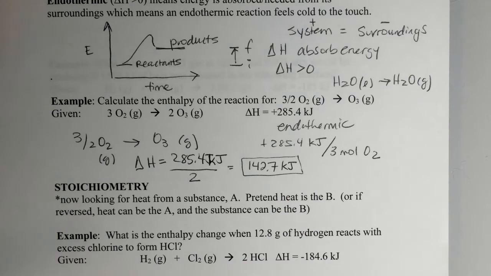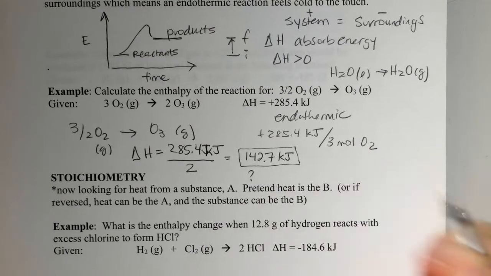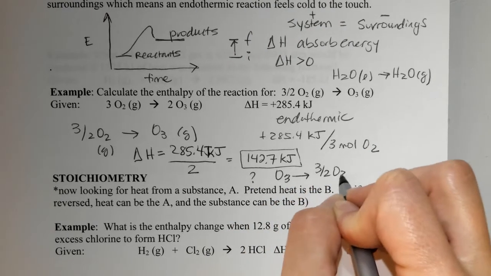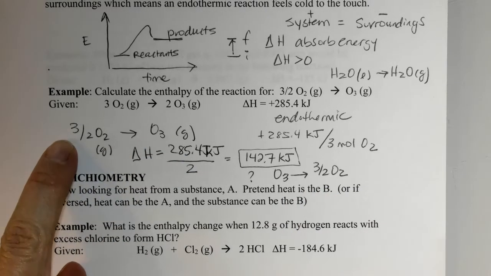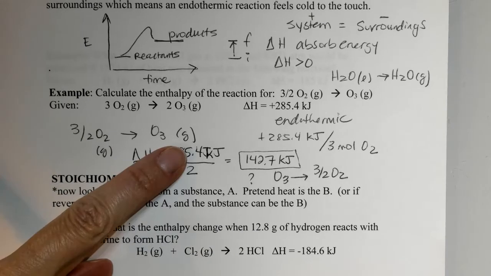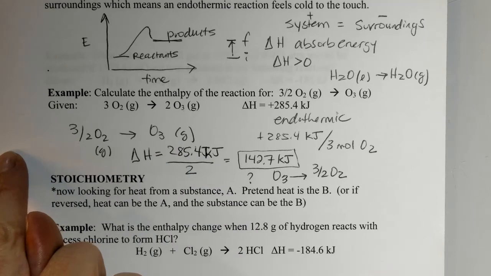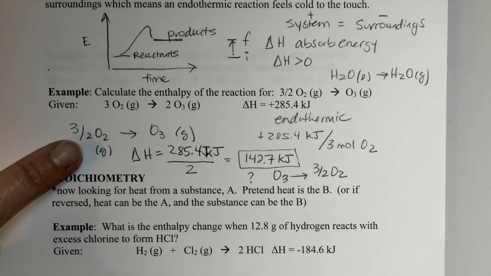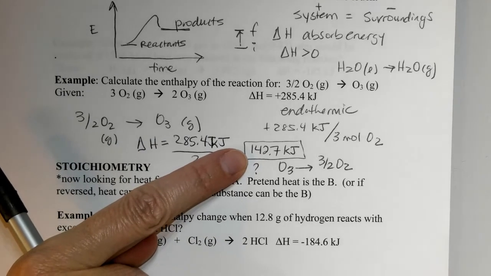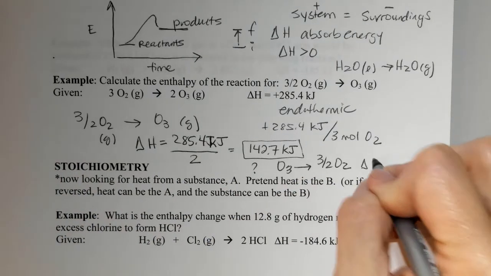Now, just as an aside, what if I swapped it? What if, instead, I take that ozone and turn it into oxygen? So I'm doing the reverse reaction here. It makes sense that if I absorb heat turning oxygen into ozone, I'm going to release heat turning ozone into oxygen. So if going from 3/2 oxygen to ozone absorbs 142.7 kilojoules, going from 1 ozone to 1.5 oxygens, I'm going to release